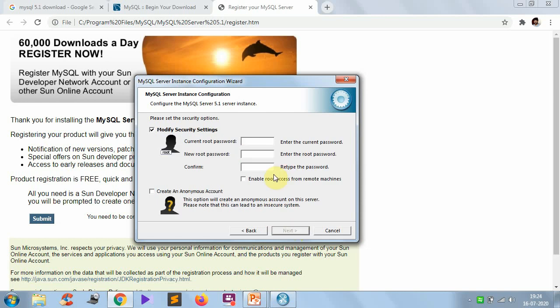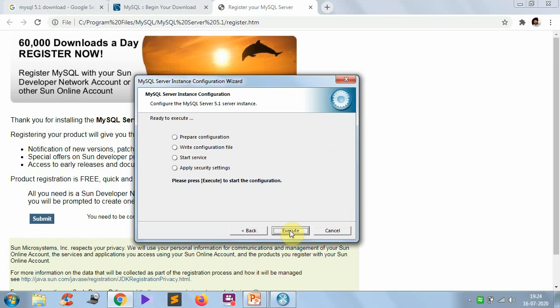By default the root password is root. Just give the root password as root and click on next and execute. See that if you get 4 tick marks here, then your installation has been successfully completed. If at any point it shows some info mark, it means there is some problem with your installation.